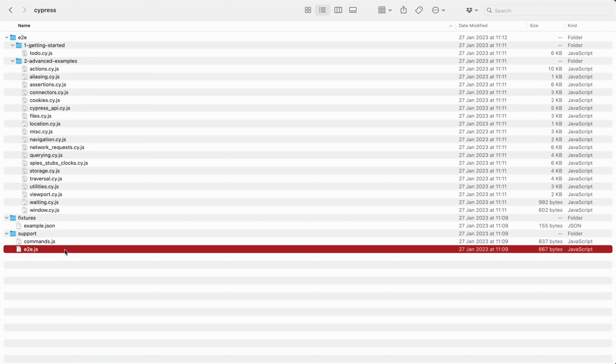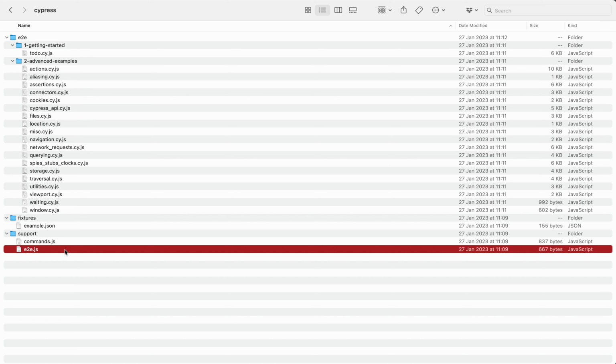Some articles may make references to assets folders. There isn't an assets folder. However, when you run your tests, depending on what actions are performed or what kind of test runs you're doing, you may find that Cypress creates a downloads folder, which is automatically created when your test downloads files. You'll also have a screenshots folder, which is generated when your test calls for creating or obtaining screenshots. And you'll also see a videos folder, which is generated when you execute your tests.